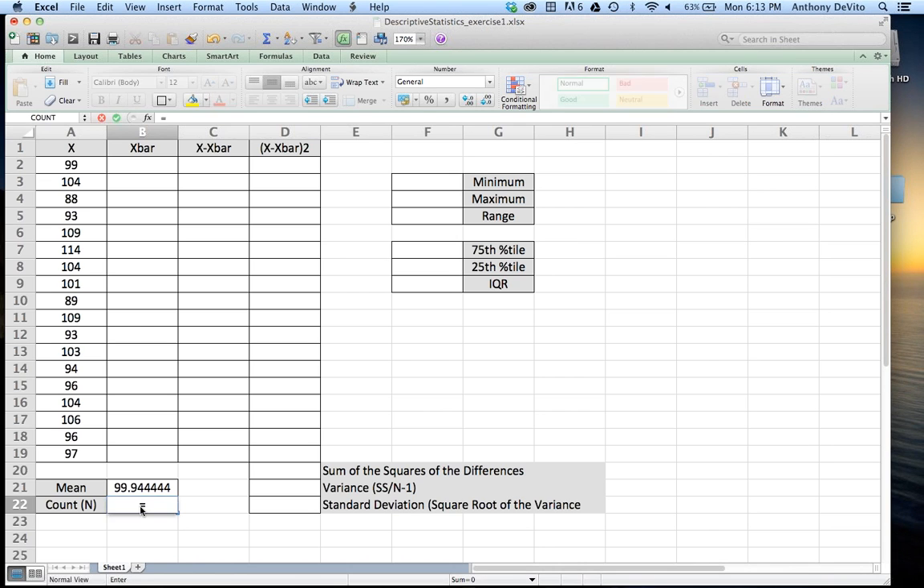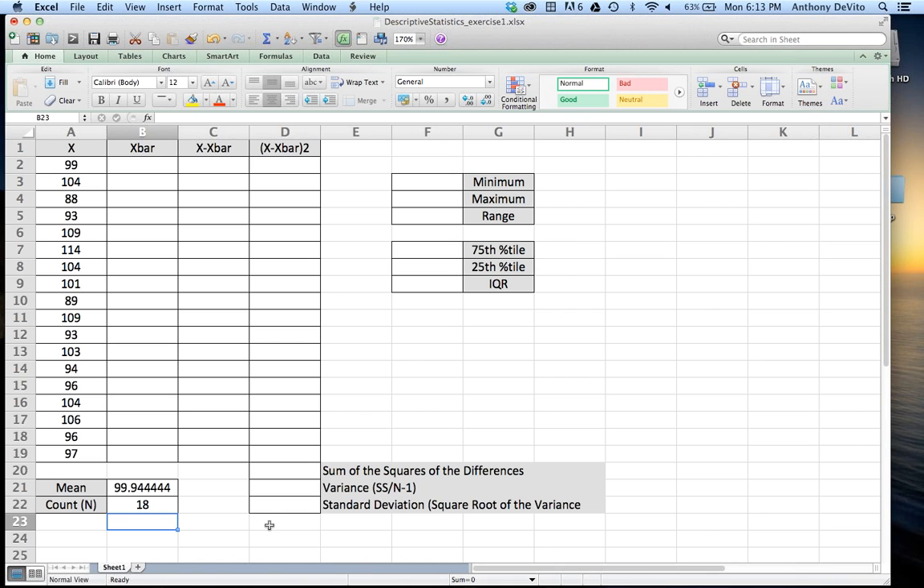The count, if you want to see it separately, just so you know it really works, parentheses, and I'm going to highlight all these, and I'm going to hit enter. The count is 18, 18 values there. Okay? I just took advantage of two functions in Excel, and again, the way I got to those functions is